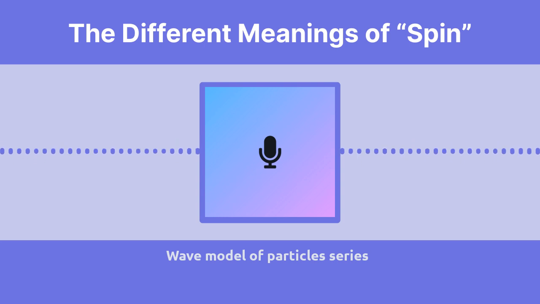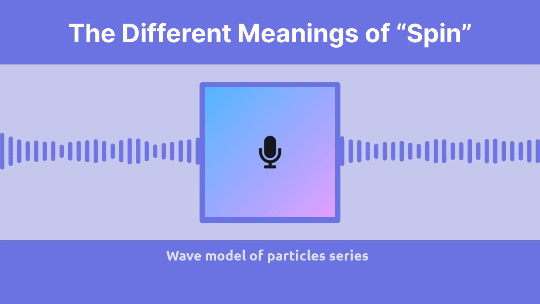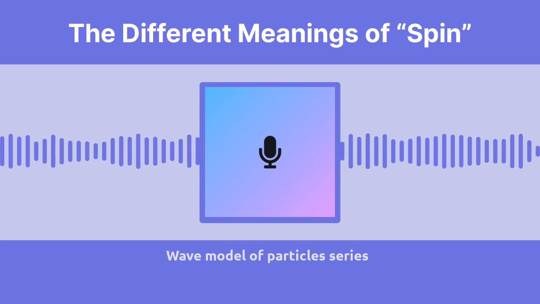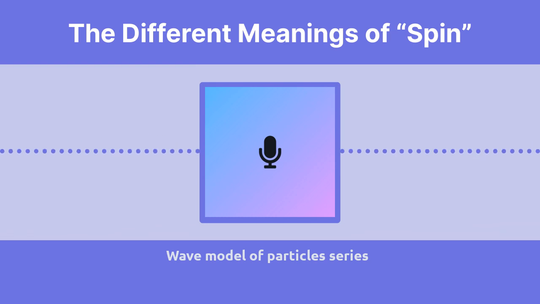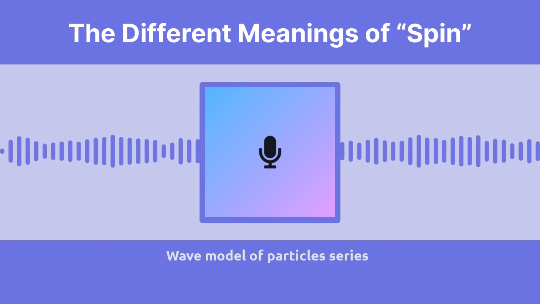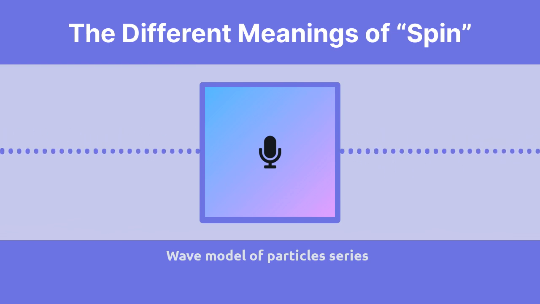So imagine a square. If you rotate it 90 degrees, it still looks the same, right? Right. That means it has rotational symmetry. And a circle would have infinite rotational symmetry. Exactly. Because it looks the same no matter how much you spin it. But here's where it gets mind-blowing. This concept of rotational symmetry is directly tied to spin as a quantum number in the world of tiny particles.